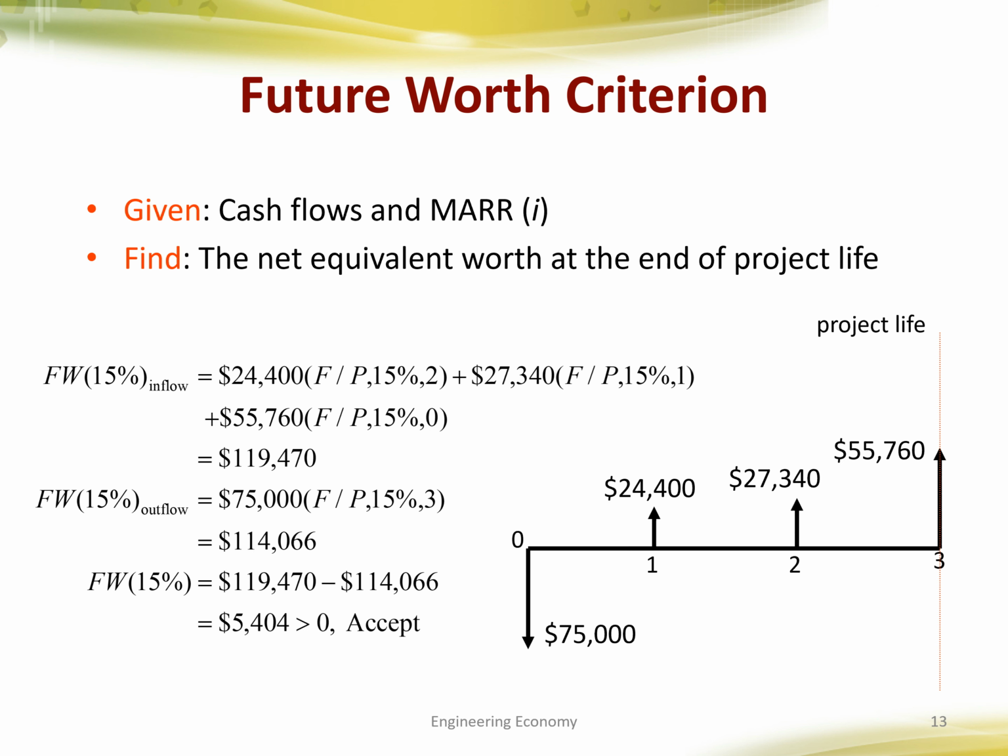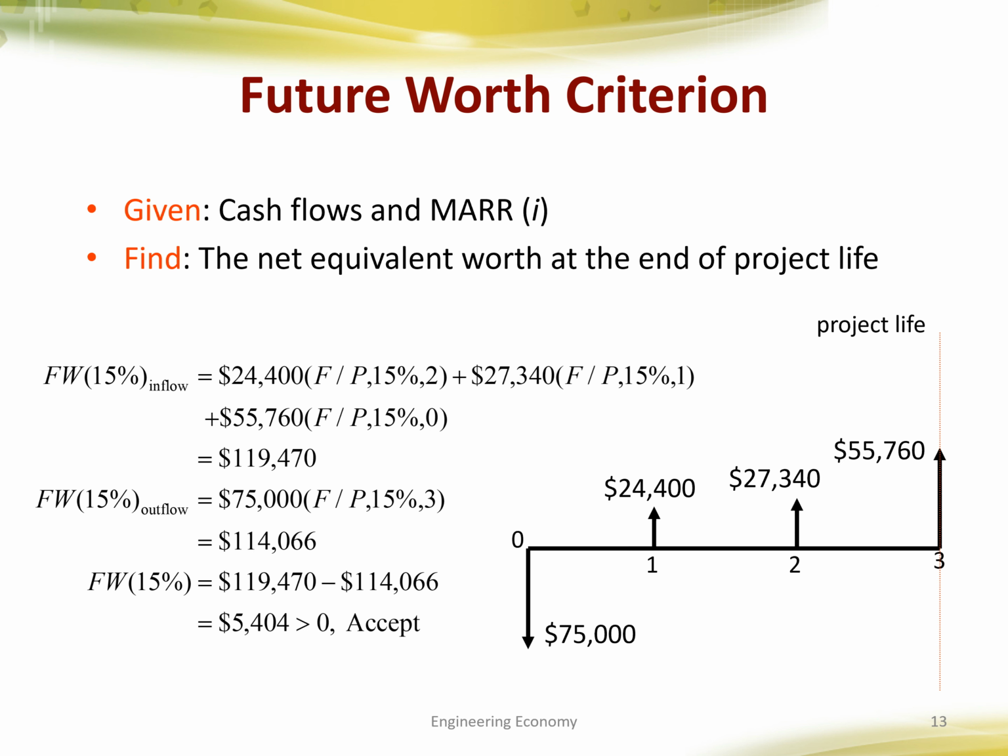So this 75,000 is at present. We want to convert it to the future, which is the end of the project life. Then we will use given P, find F, and the interest rate we designated, and also 3 periods, 1, 2, 3. So it will be compounded 3 times. So we'll get 114,000 roughly, and we